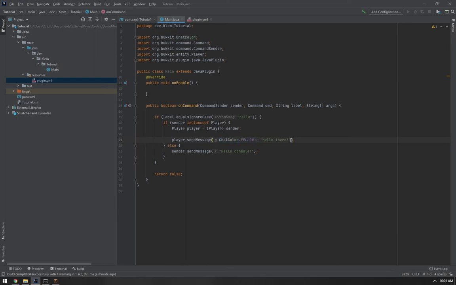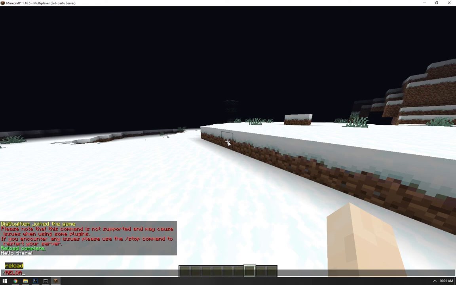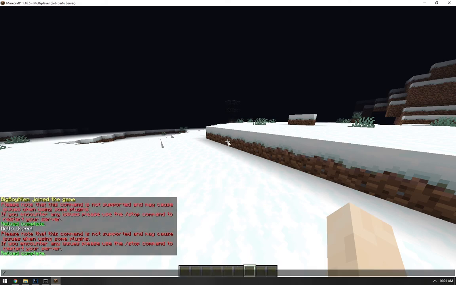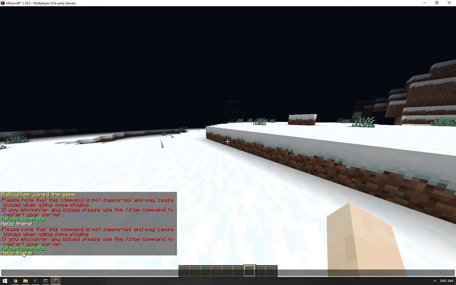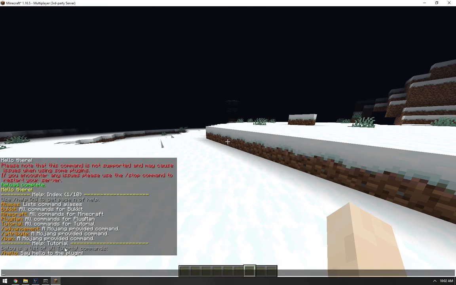And we can actually go ahead and copy this and paste it down here. And so now if we press build project, or you can press Ctrl F9, which is what I'm going to be doing for the rest of this tutorial. If we go into here and we reload once again, and also sorry about the lag guys, but nothing much I can do. So now if we say hello again, you'll see that it says hello there and it's in yellow. But also if we say /help and then, for example, tutorial,